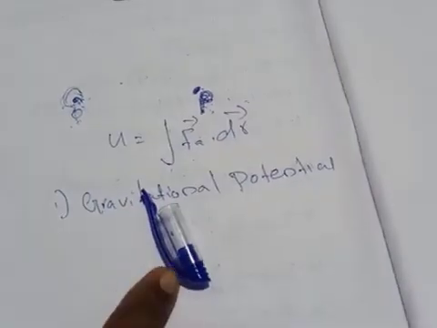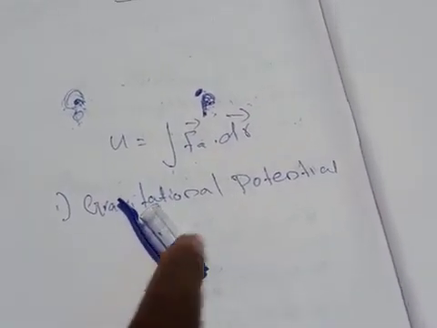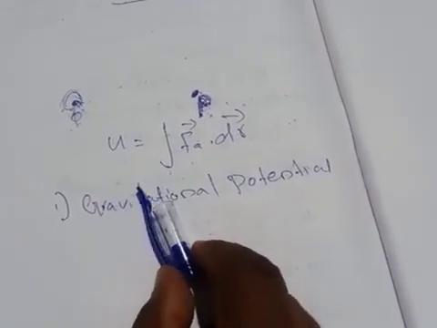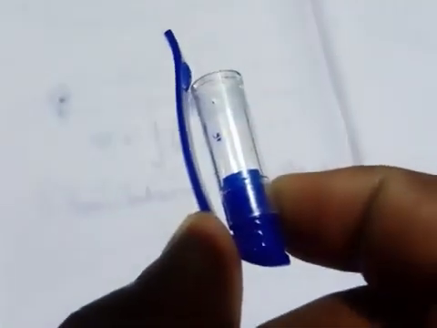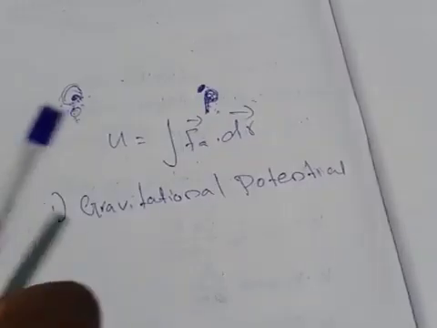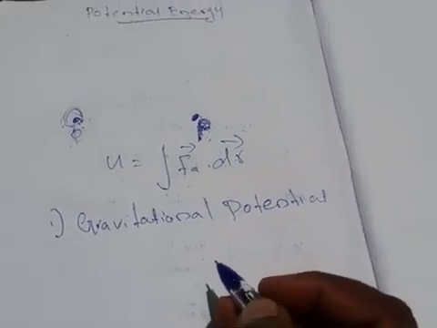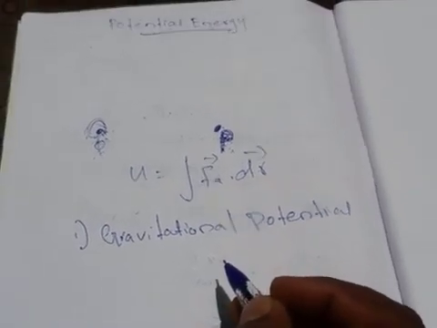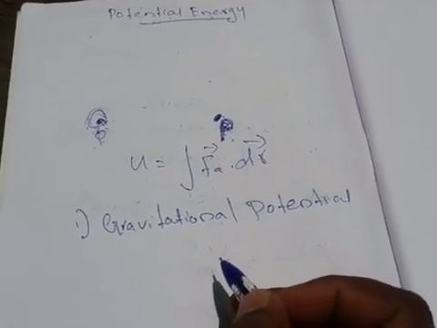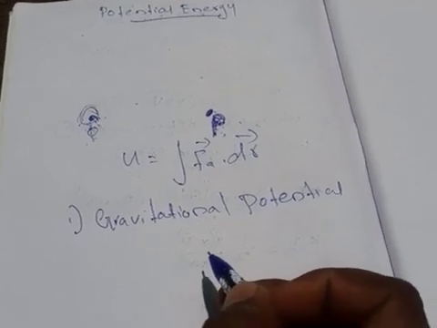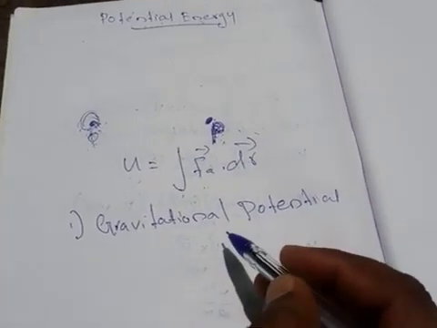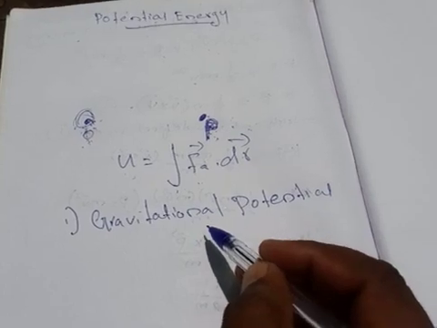But here the pen cap is there. Now I am lifting this upward. Now we can say that this pen cap possesses gravitational potential energy. And the best example from our nature is that dams are built in a high position, so the water stored in the dams